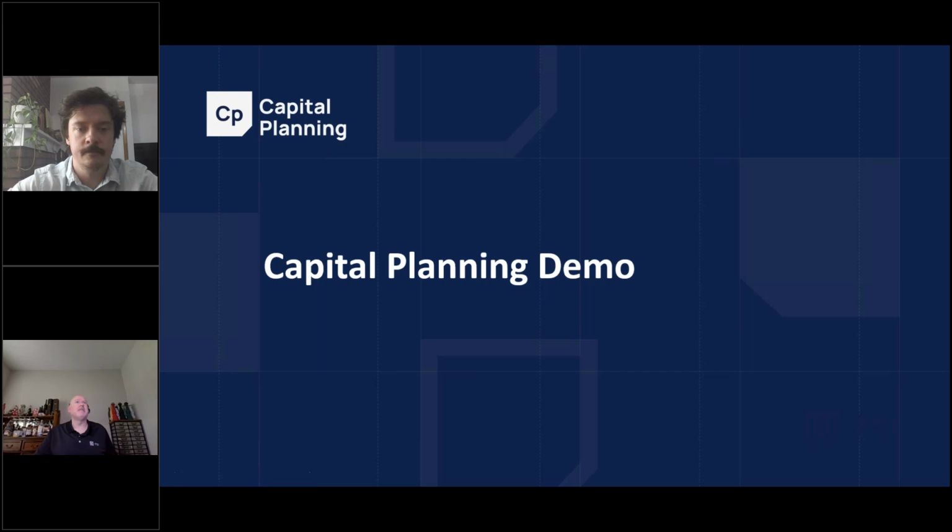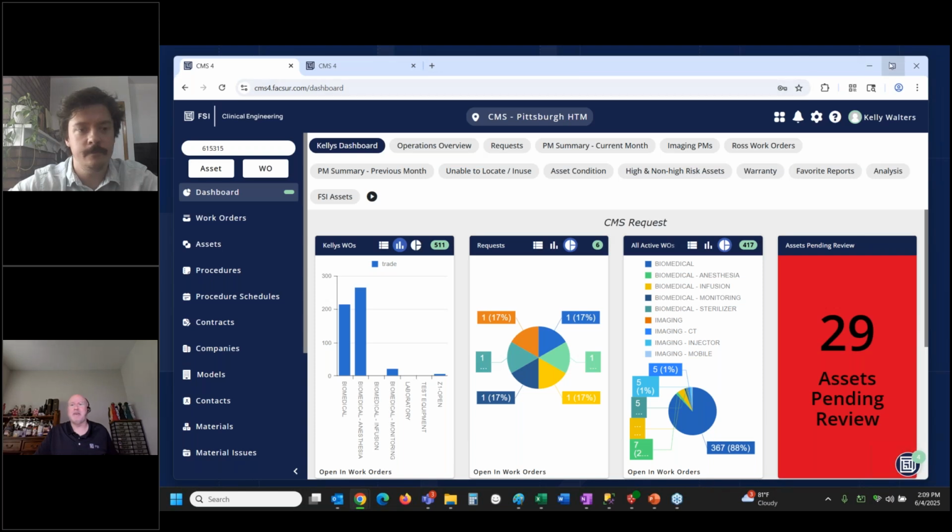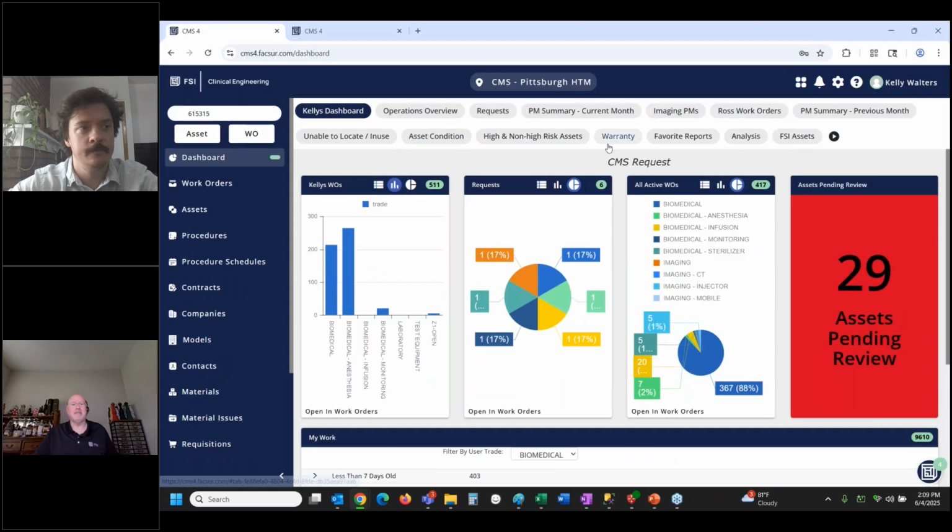So I'm going to swing into the capital planning demo, and we're going to show you FSI's CMMS. It's called CMS, and this is what it looks like. This is what it looks like when you log in. This is our customizable dashboard that shows an overview of the department. But we're specifically going to focus on